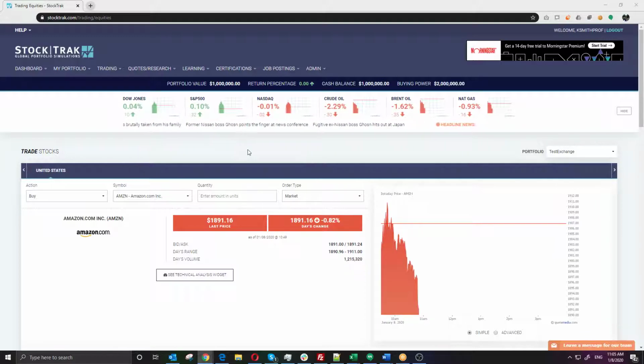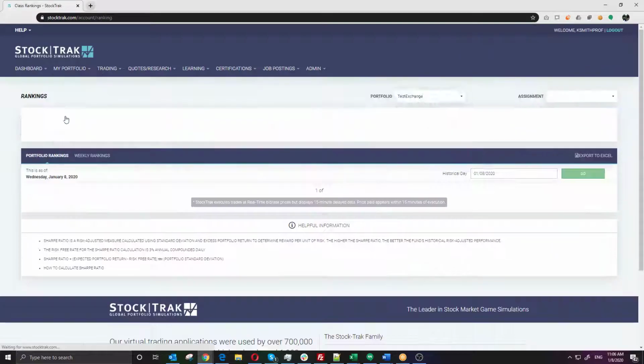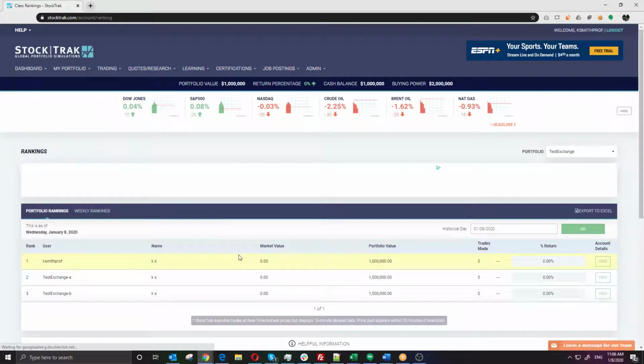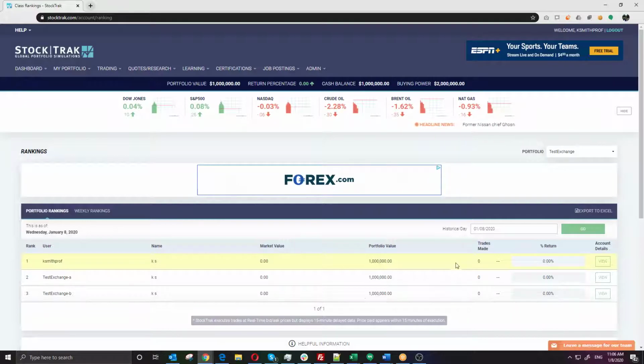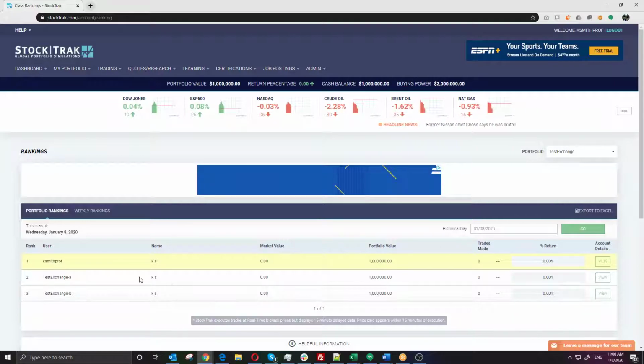So if you've used StockTrak before, you already know that there's two types of ranking reports available. The first one is the one that's available to everybody. That's under My Portfolio in the top, and it goes to the rankings. This is what we call the student or the live ranking report. This is real-time rankings for your entire class. Every student can see this, but you as the professor also have an additional ranking report with a bit more